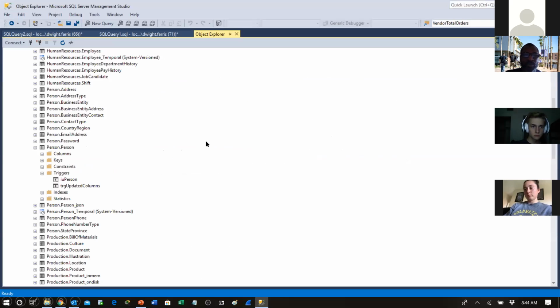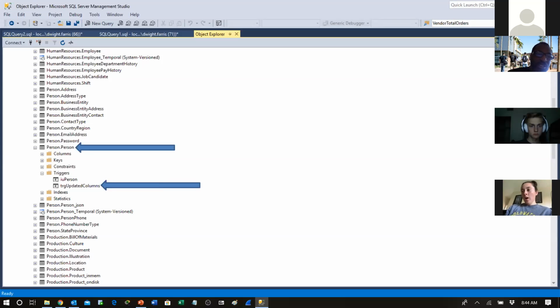All right. So just to point out, in the Object Explorer, and this can be confusing, the only place where you will find the trigger stuff is underneath the table name. Remember, this trigger is associated with the person.person table. So if you expand that table in the Object Explorer, you will see a triggers folder. And you can see that in my Object Explorer, there's this TRG updated columns. And there's a system trigger in there as well, which essentially keeps track of everything that's going on in that table anyway. We are actually creating our own